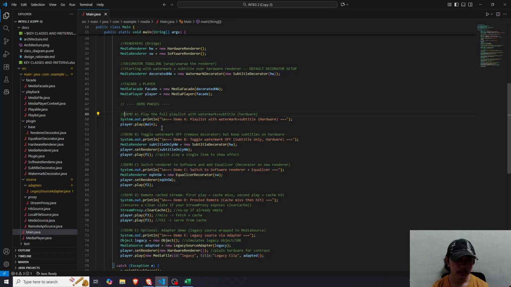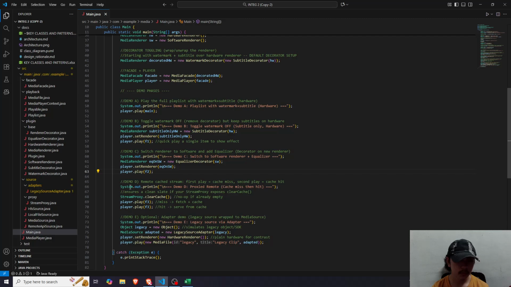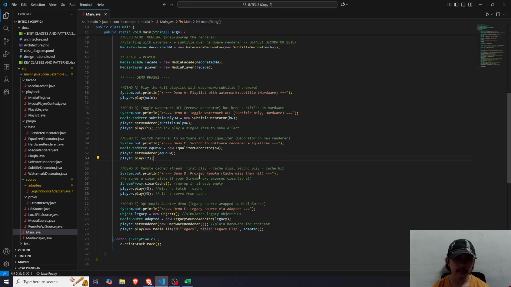Play the full playlist for demo A, then toggle watermark off, remove the decorator, but keep subtitles on the hardware renderer. For demo C, we have switched the renderer from hardware to software and added the equalizer decorator. For demo D, remote cache stream: first play equals cache miss, second play equals cache hit.